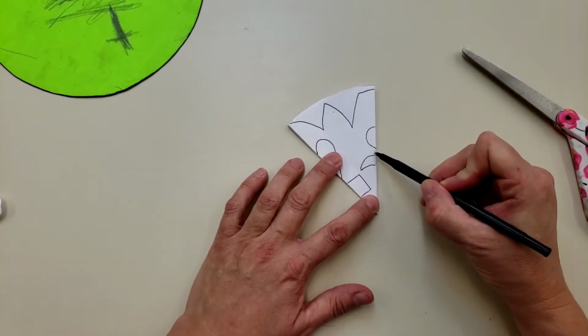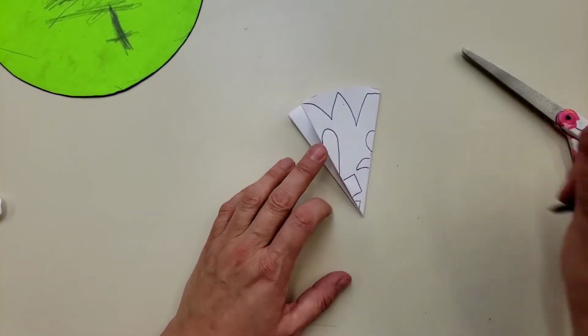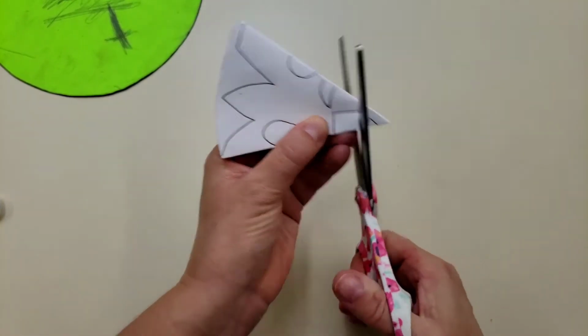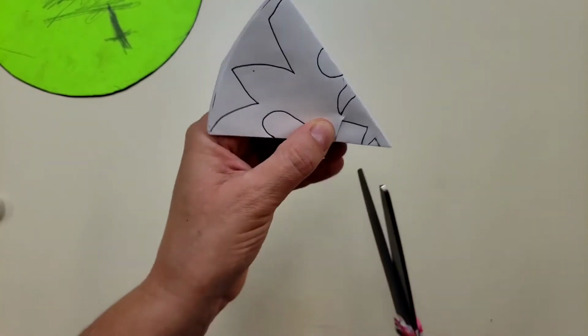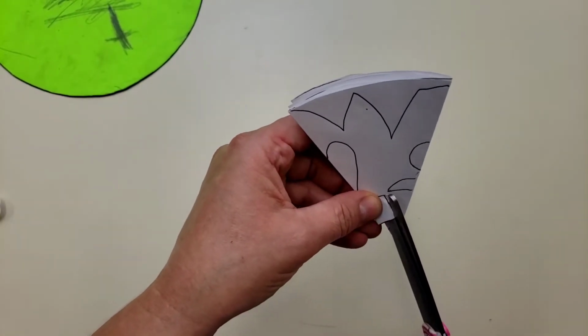Then I'm going to just draw that shape right there. But you see they're connected right there. You don't want to cut that off. And then maybe a couple cuts down there. I'll leave it at 1. Okay, then cut those shapes out. Now, like I said, you don't necessarily have to cut or draw on them. That's fine, you don't have to. Cut and cut. And my next tip is